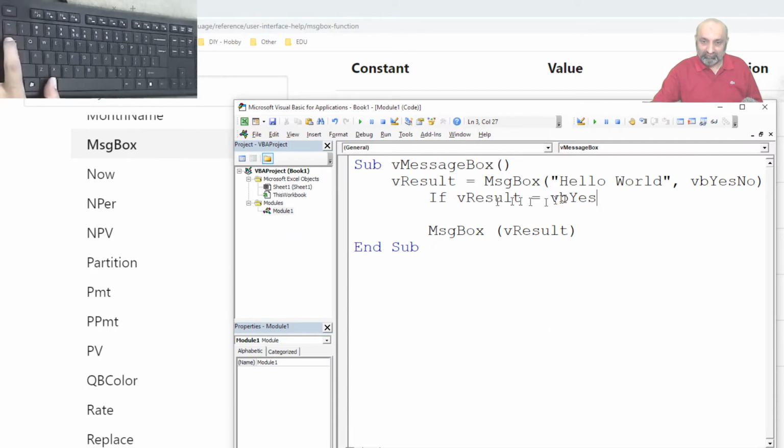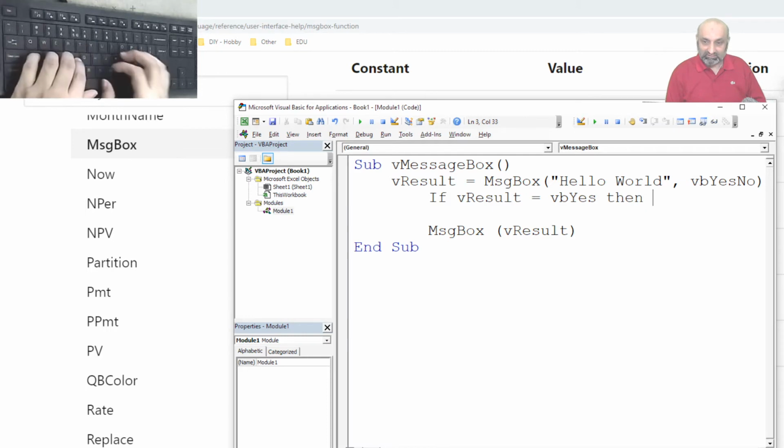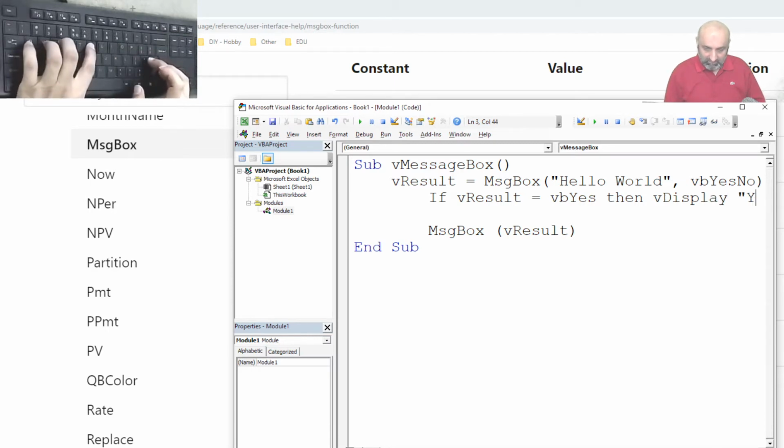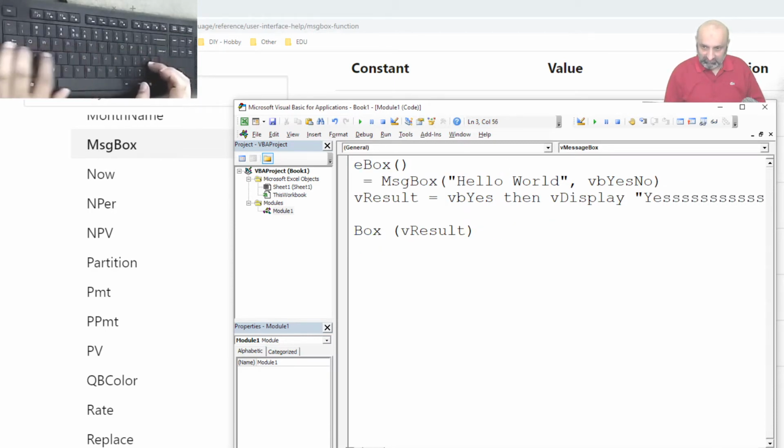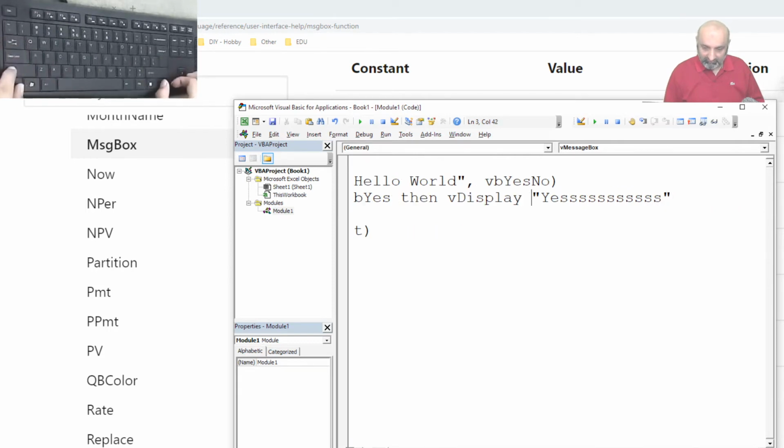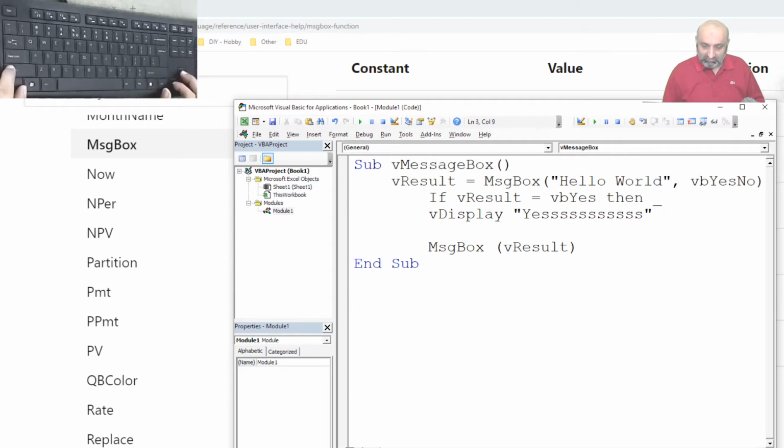So if result is vbYes, which is easy to understand when I read it, then do what? Then display yes. Let's go to the next line. So if result is vbYes, then display yes.